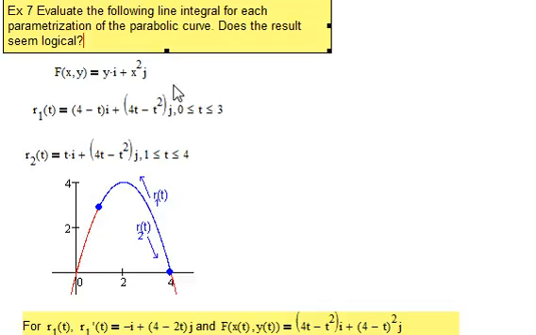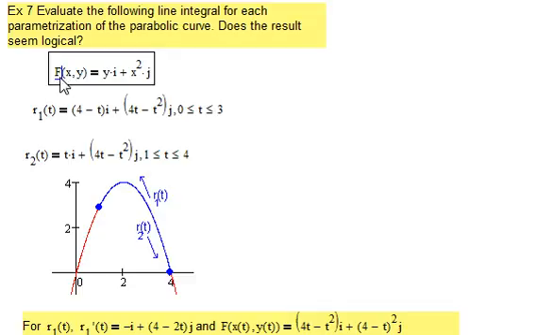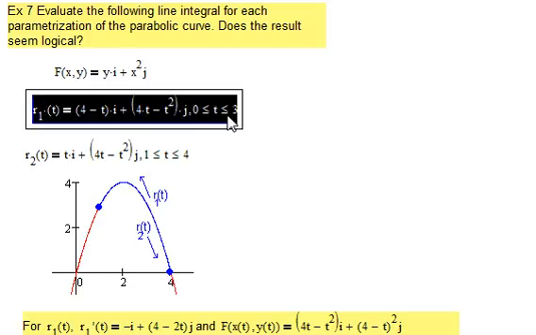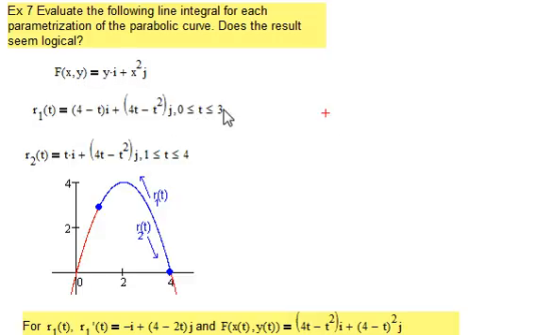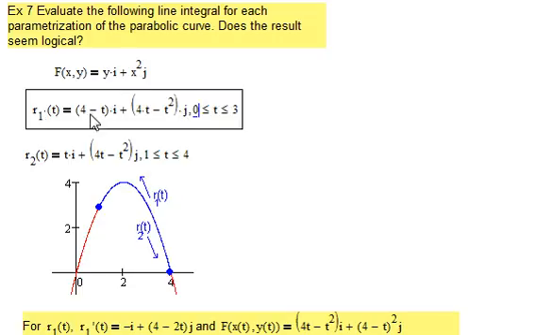So our vector field F of x, y is y times i plus x squared times j. Our curve r1 of t, if you look carefully, is (4 minus t)i plus (4t minus t squared)j, t going from 0 to 3. Let's see, if t goes from 0 to 3, then we're going from 4i to 1i, and this is going from